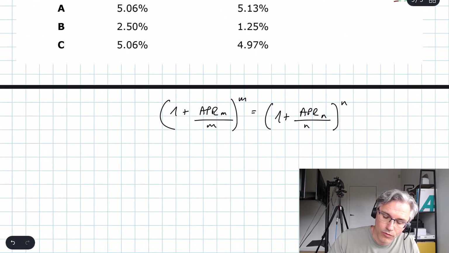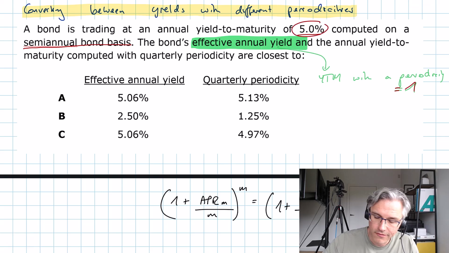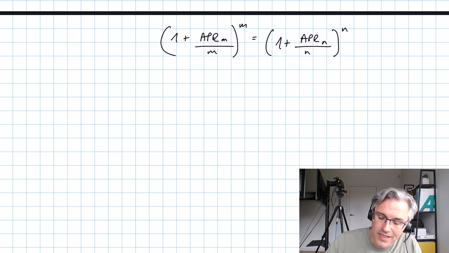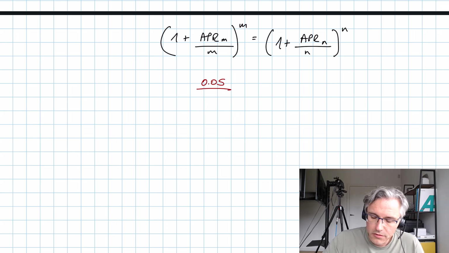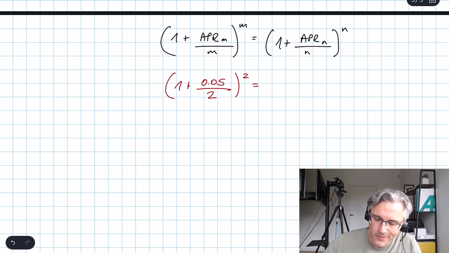So, what I can say is the following. If I know that 5% is the yield on a bond, so 5% expressed in decimal format is this, semi-annual bond yield, meaning with a periodicity of 2,